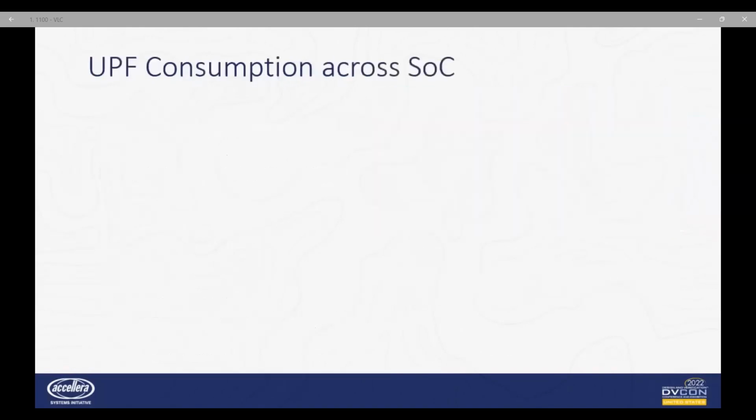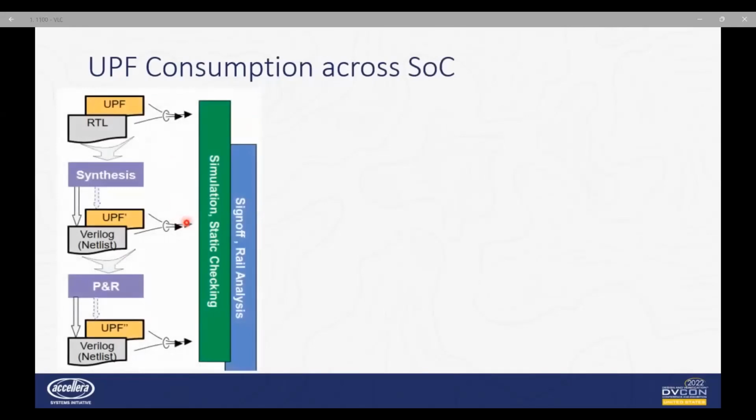Now let's talk about how these UPF files are consumed. This diagram here gives the high-level overview of how UPFs are consumed across SOC. So UPF files are written in accordance with RTL based on the power intent requirement. UPF together with RTL are input collectors for synthesis, and this synthesis generates a UPF prime and netlist, and